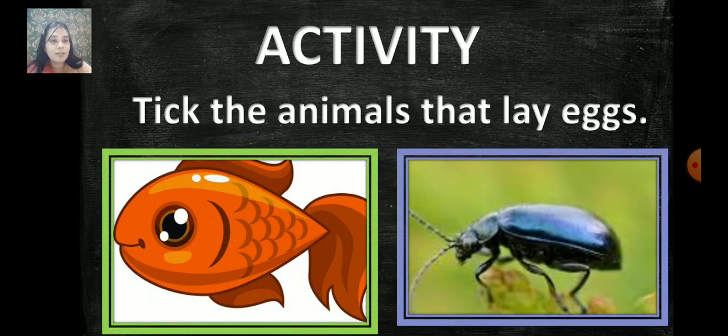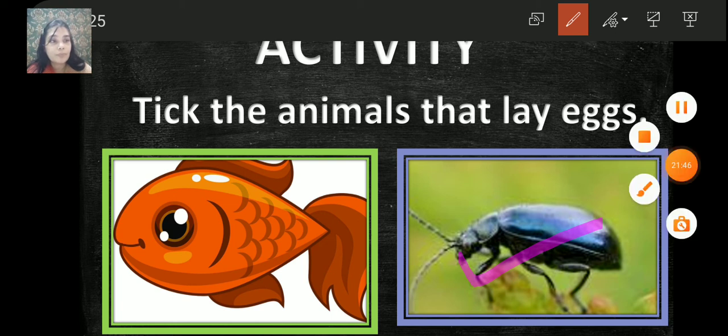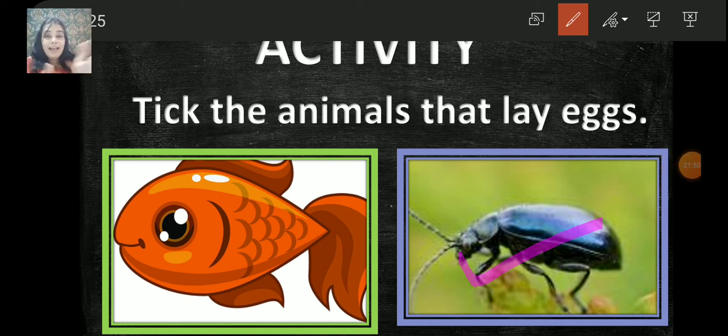Now fish and the beetle. So this is an insect. So what do they give? Eggs or babies? Yes, eggs, right. So here they lay their eggs, and here some fish, yes, it gives birth to the baby. The eggs are inside the mother's body and it gives birth to the babies. Okay. And the next one is